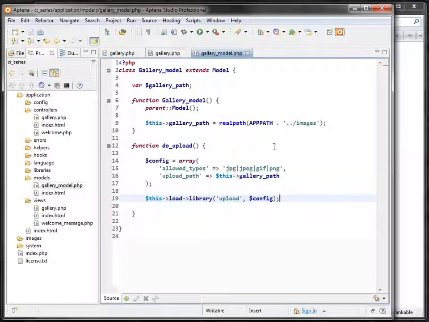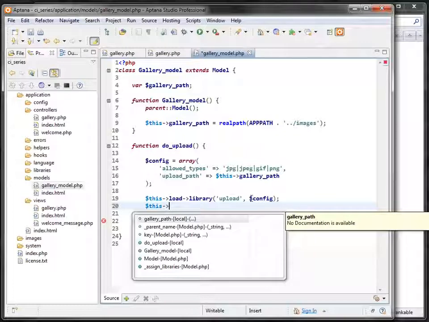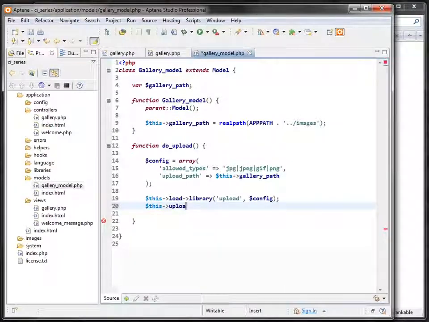So let's see. Okay, initializing it is not enough, obviously. So we have to actually perform the upload itself. Once we load the library like this, it's available to us by going like this: upload. Now this is the loaded upload library, and we can call its functions, for example calling the doUpload function just like that. So this will perform the upload operation,